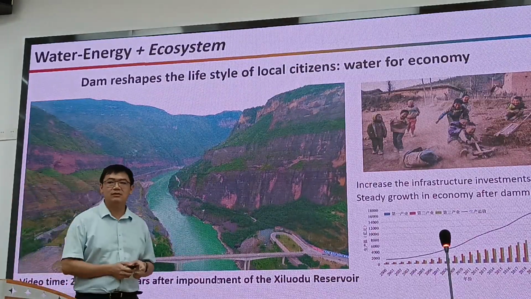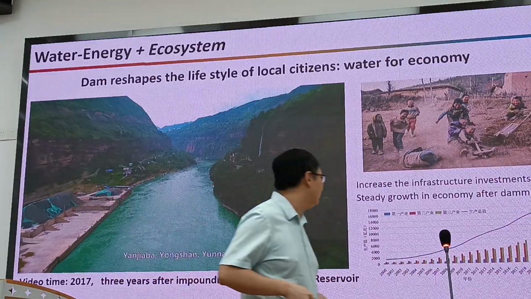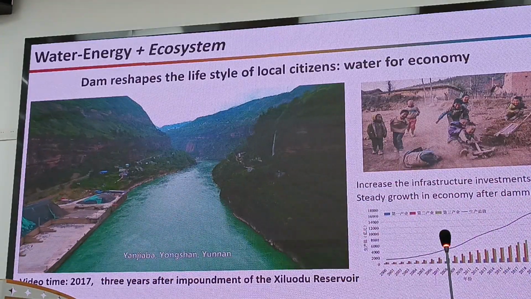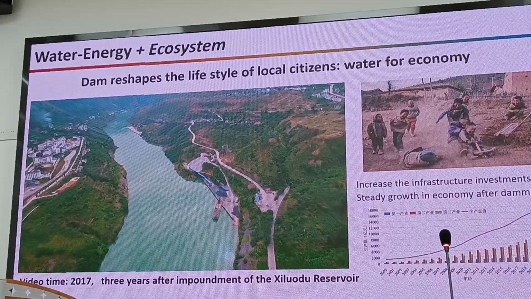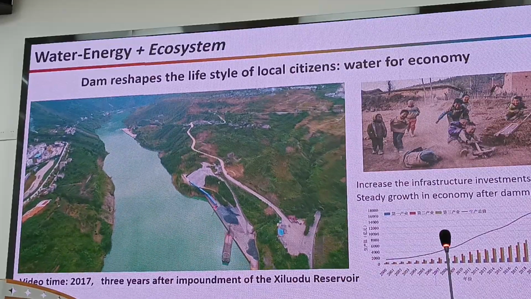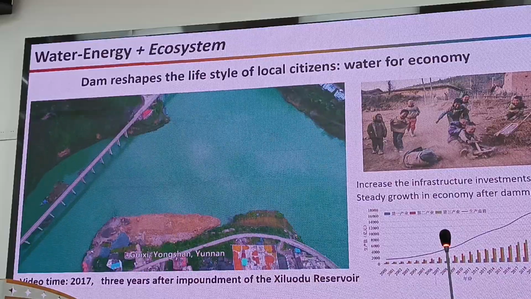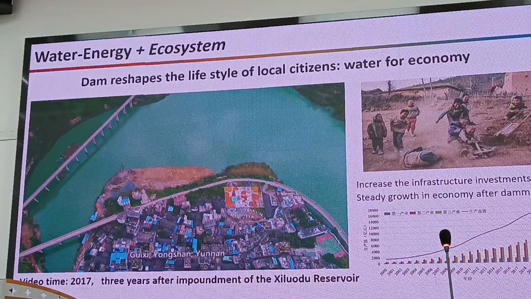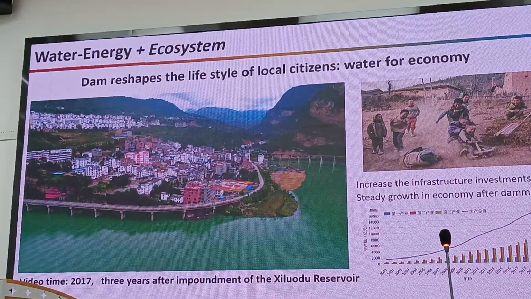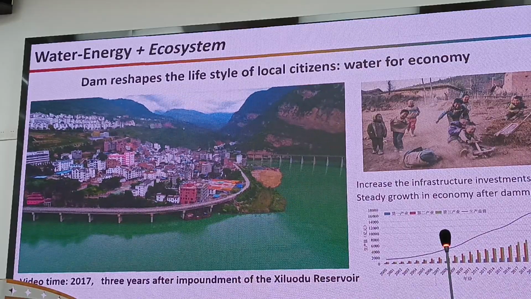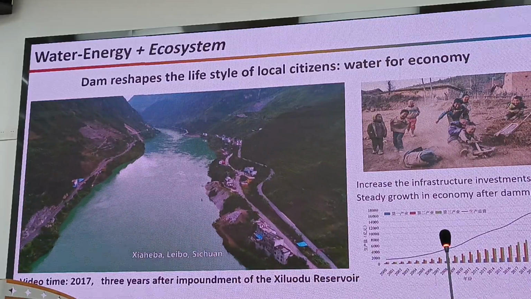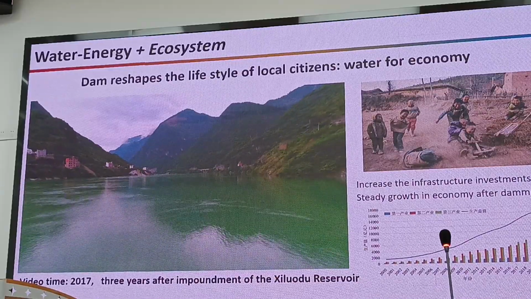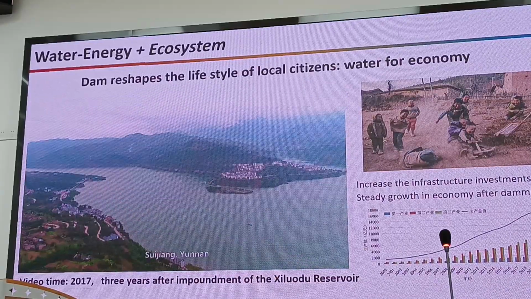It's a drone flyby. And normally before the impoundment, there was no cargo here, no transportation, and towns were built after the impoundment. The lifestyle has already changed. So the local towns are like new towns. This used to be where the kids lived. But after that, we have more benefits for the rest of the people.